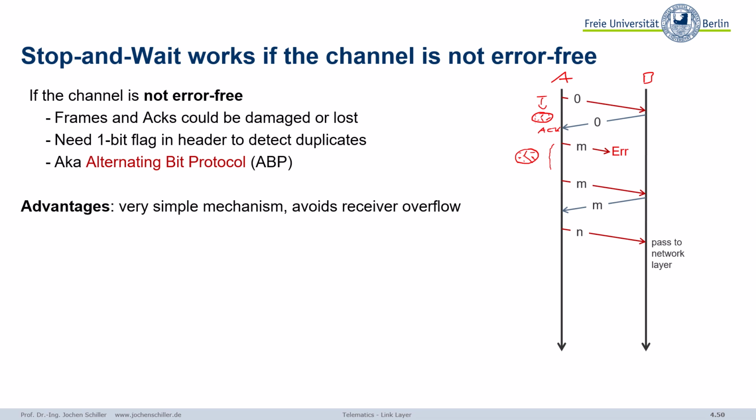Well, the point is, we have to give the packets a number. In the simplest case, a single bit is sufficient. Why? Let's assume we start with the bit 0, so that's the packet number 0. And then the next could be packet number 1. Okay, so now